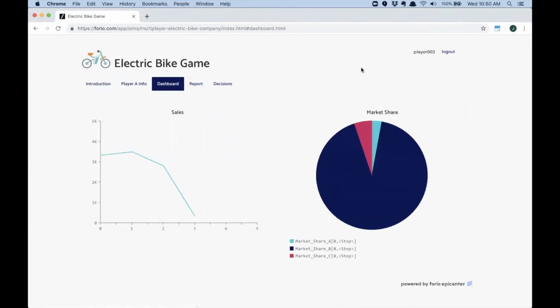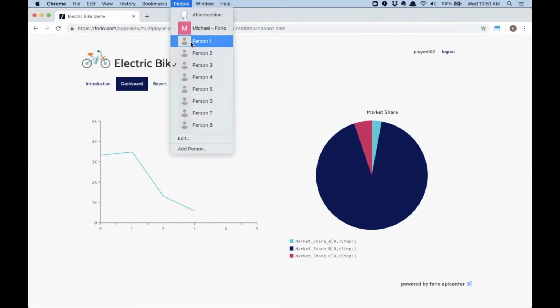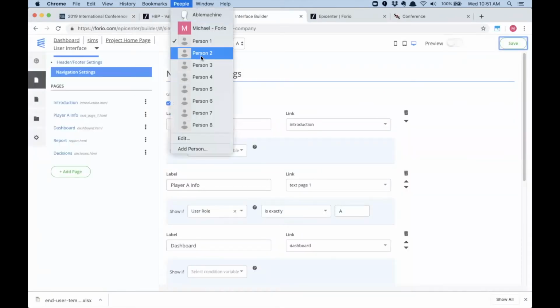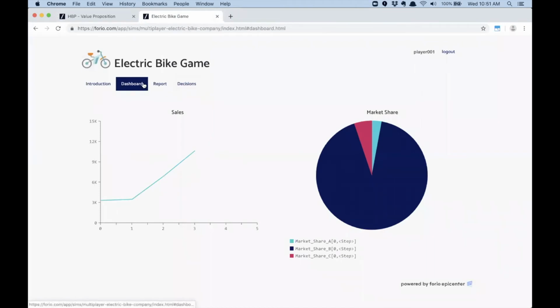There we go. So player 3 is player A in this game. So you can see player 3 has player A info. Player 2 does not, and player 1 does. So you can see how that now is only visible to the person who's